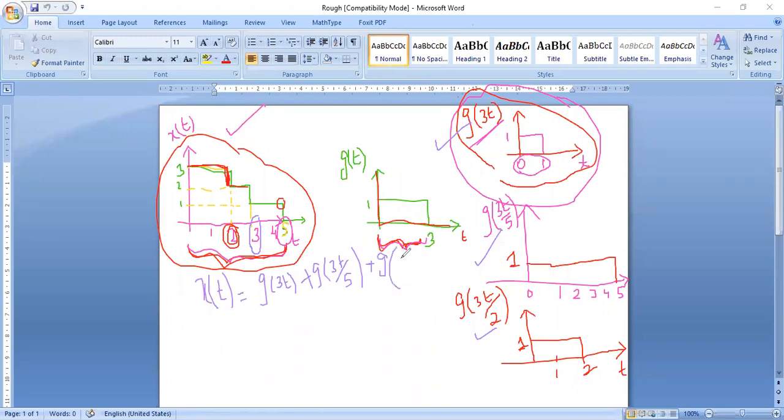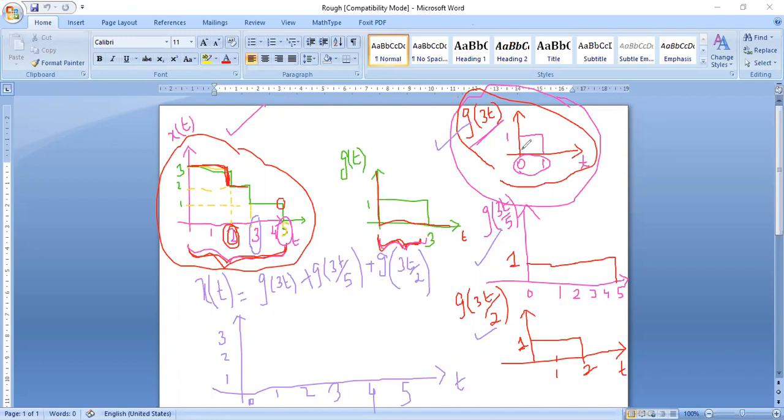So I want all of you to try the diagram. Parallelly I will also draw the diagram. You just check whether you can get your input signal x of t back using all the three g of t's. So let me take my x-axis, and let me take my y-axis. The y-axis is x of t, and the x-axis is t. I mark 0 here, 1, 2, 3, 4, 5, and on the y-axis 1, 2, 3.